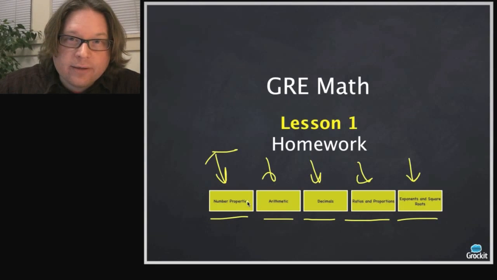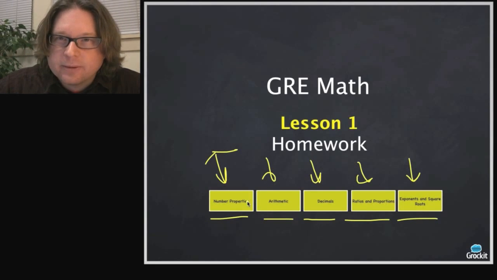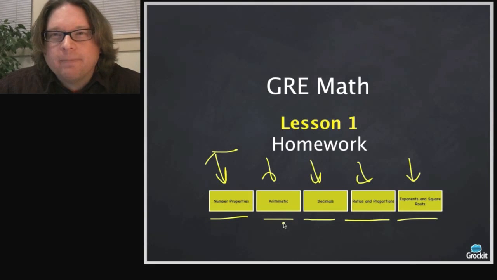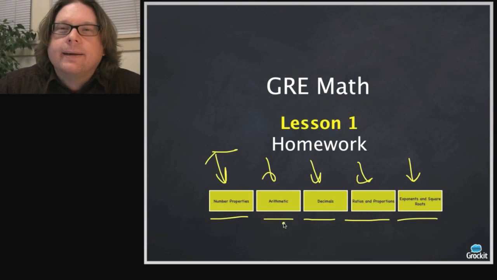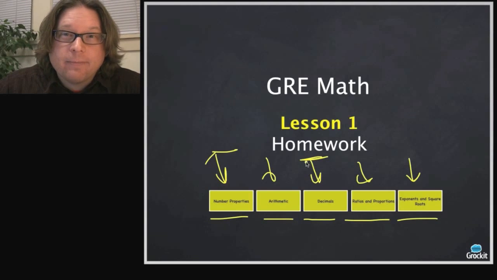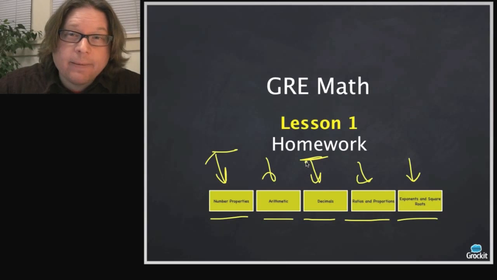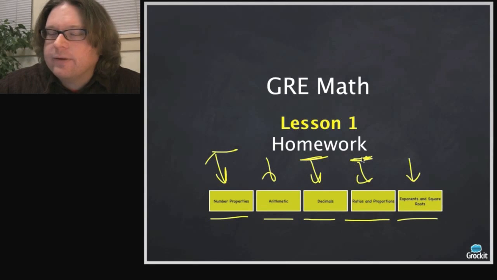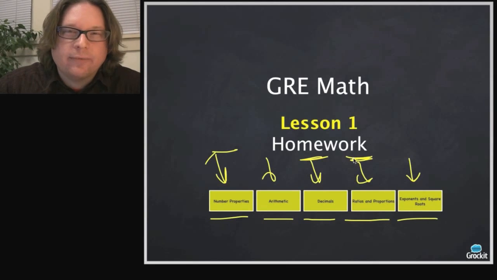And since these are the fundamentals on which the later stuff is built, I don't want to beat you over the head with this, but really, please do your homework and pay attention to it. I personally recommend doing some practice every day. Even if you don't have time for an hour and a half,